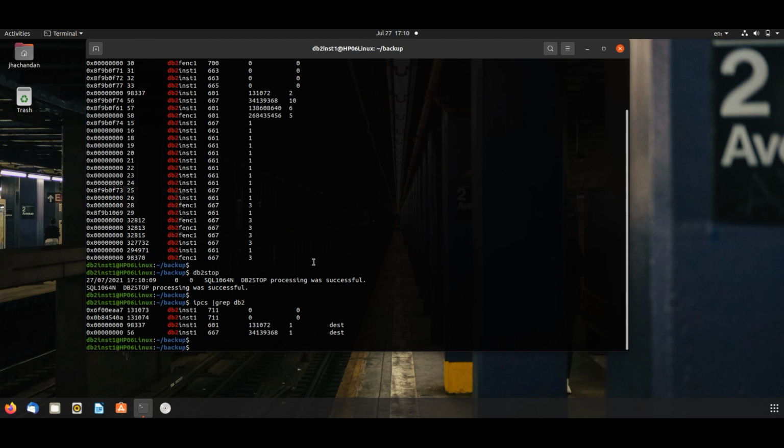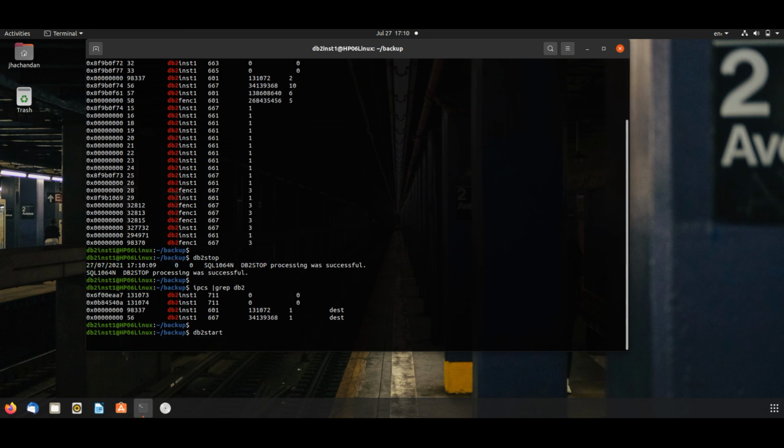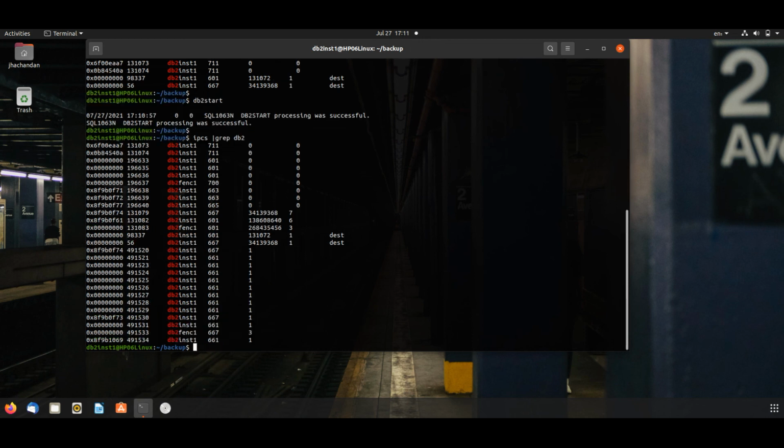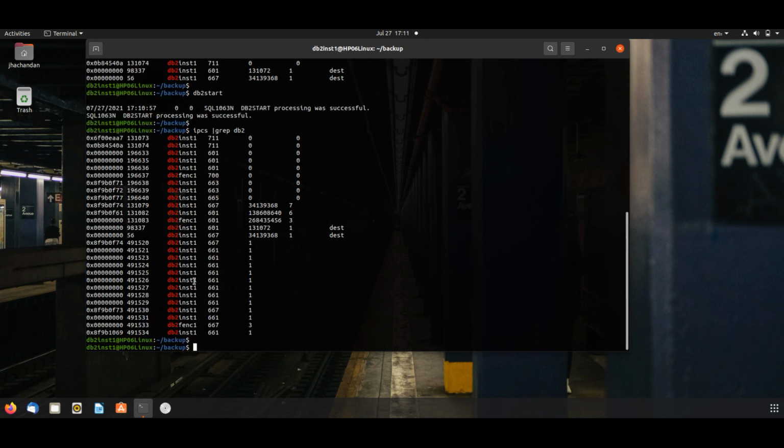You will see that most of the processes are now killed. Now start the database server, db2start, and see the processes again. You will see all the processes are now coming up.